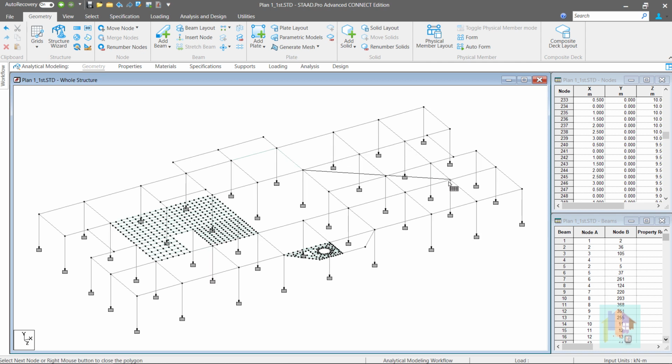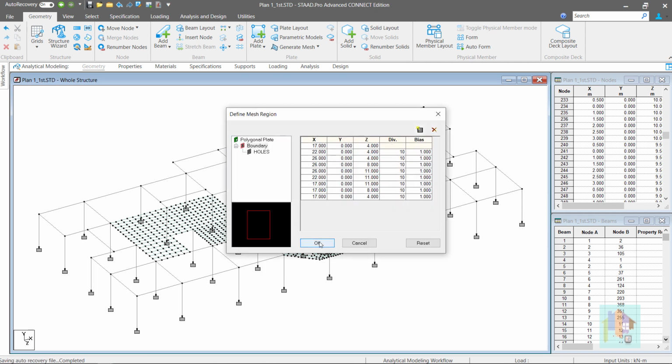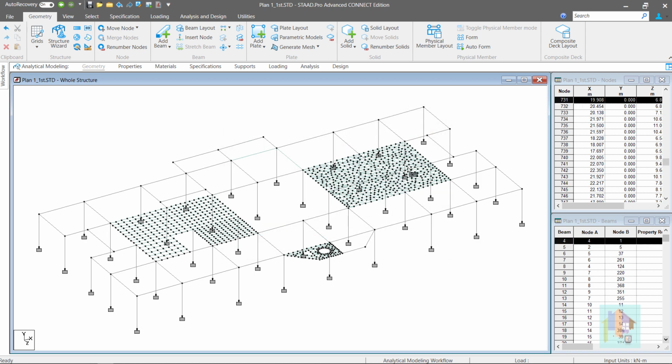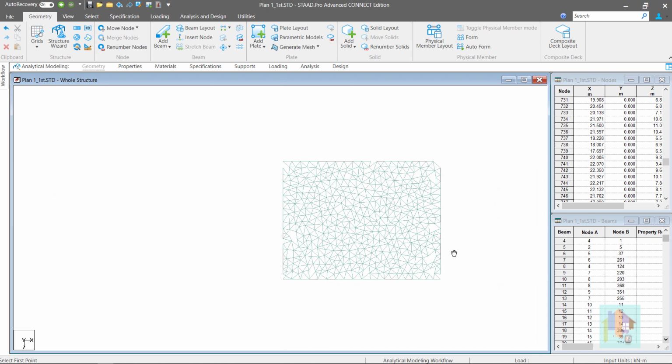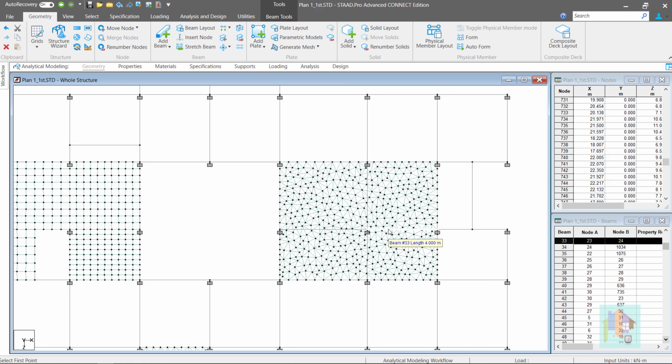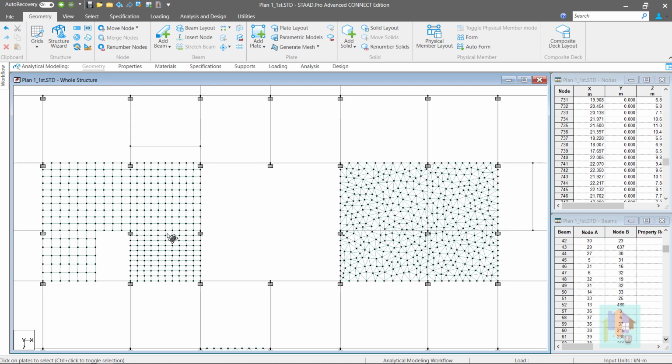If we select the boundary points of multiple panels one by one and then mesh all the panels using the polygonal mesh option, during mesh generation, the program does not consider any internal beam or node. You can notice intermediate beams are not segmented or connected with the meshed plates, as these plates are not meshed in line with the beam. This will generate a beam plate connectivity issue, and this mesh is not correct. So we need to mesh each panel separately and adjust the edge division manually, which is time consuming